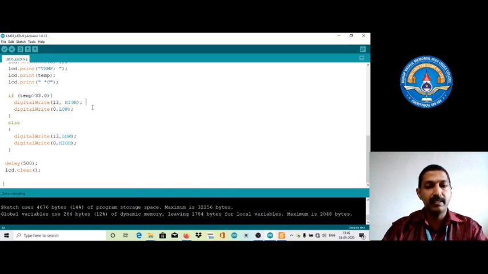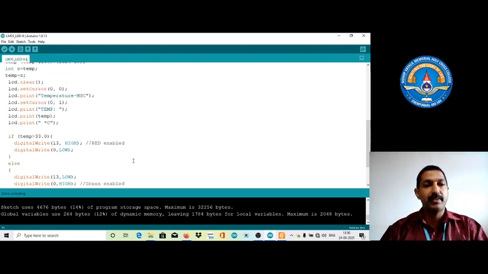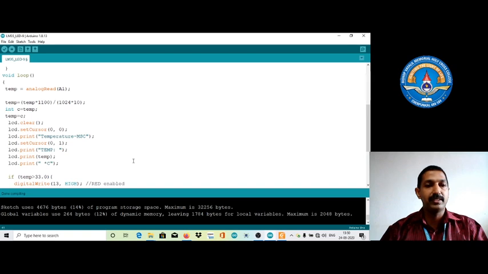Digital write 13 means red is enabled. Here, green is enabled. These two pins have to be enabled. So this is the way we have the temperature measurement unit.